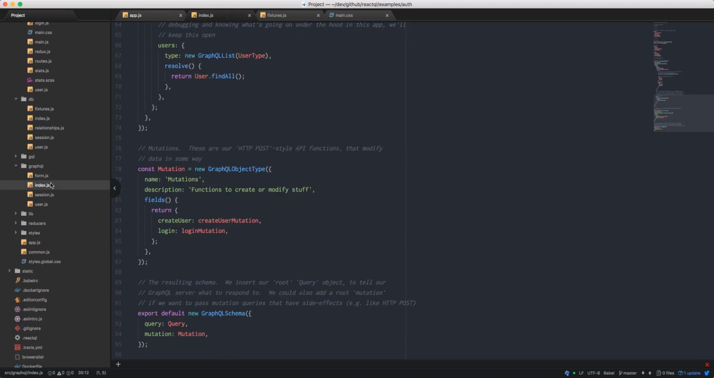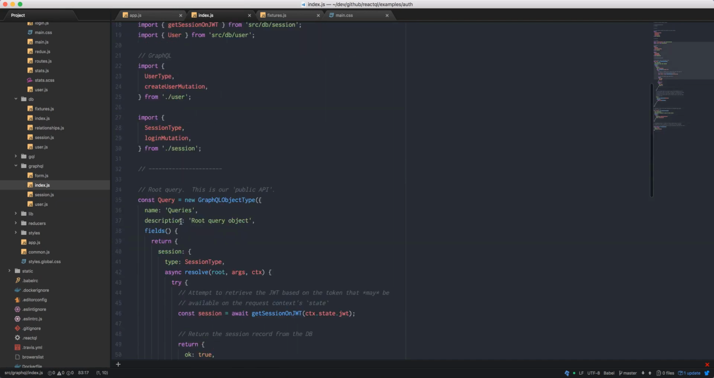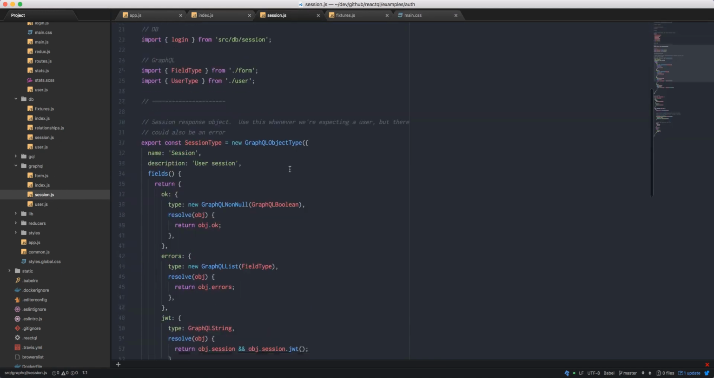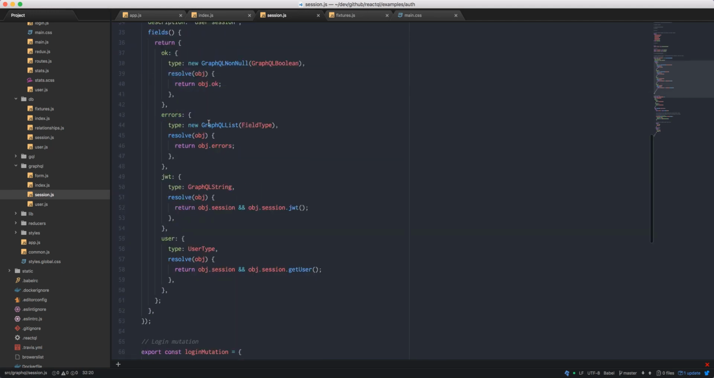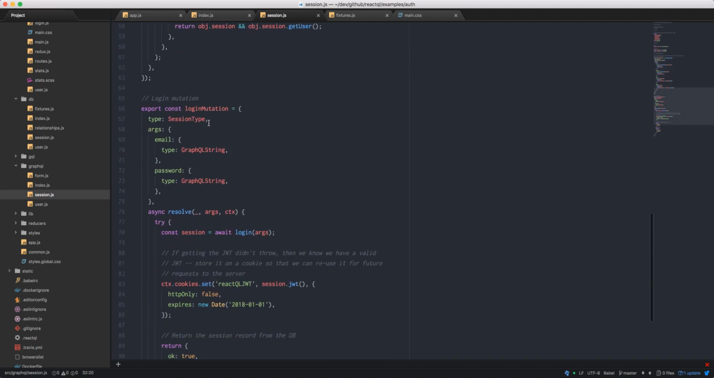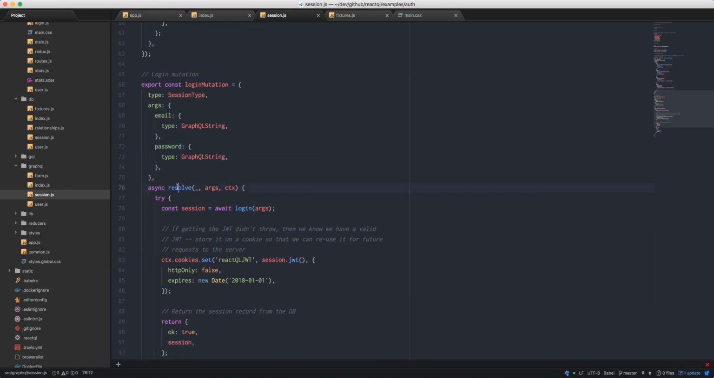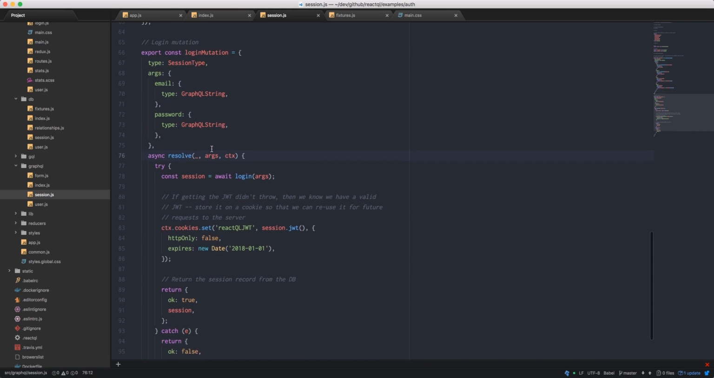If we head over to index, you can see we've got a couple of mutations here. We've got login and create user. If we check out login first of all, I'll just go over to our session. So we've got a session type that's sent back that we've already seen. We've got this login mutation. It takes an email and it takes a password, both of which are strings. Then it resolves against the arguments that are passed along with our